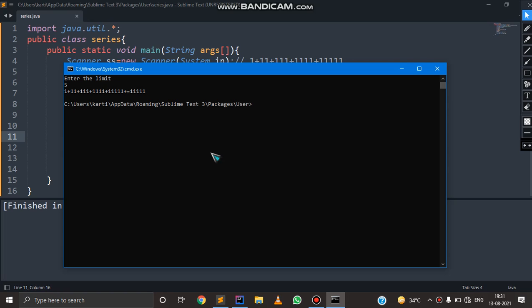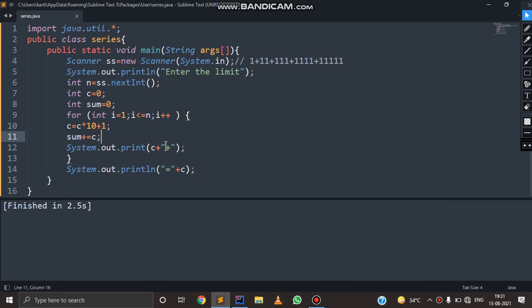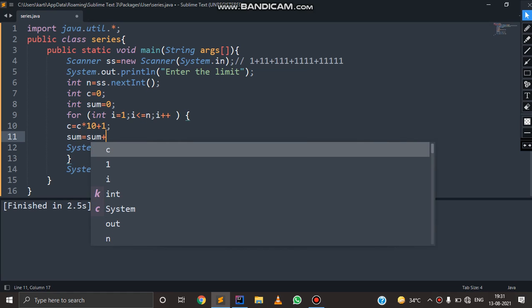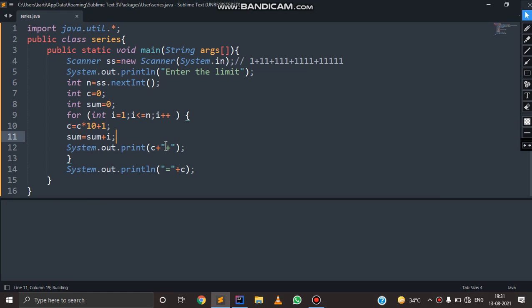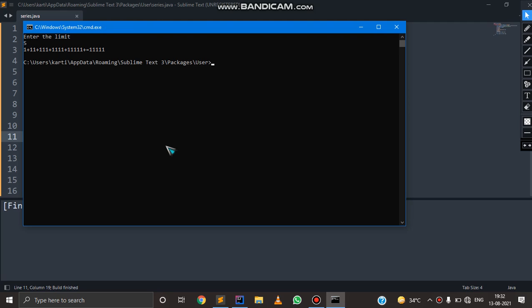Here you can see it printed the series, but I think the sum is wrong, because again the same thing is being printed, 1 1 1 1 1 1 1 1 1 and 1.